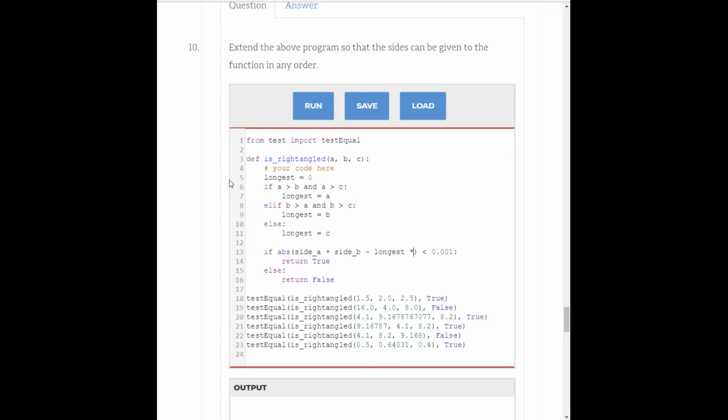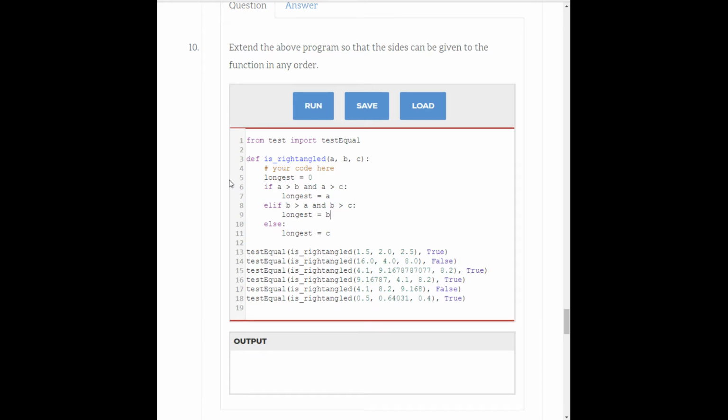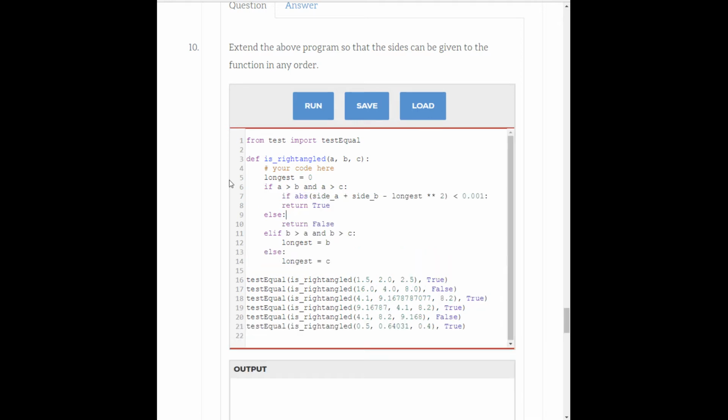We'll have longest exponented over on this side, and then we need to have the remaining sides over here. Let's do it this way. So what we'll do is we'll copy and paste this inside of here. This is not as clean as it could be, and we'll take a look at what their answer is outside of this to see how they did it in the textbook. So this one right here, test is if A is the longest, then